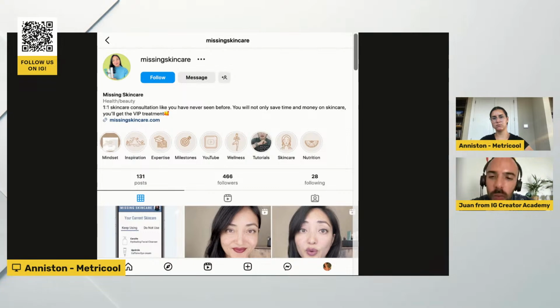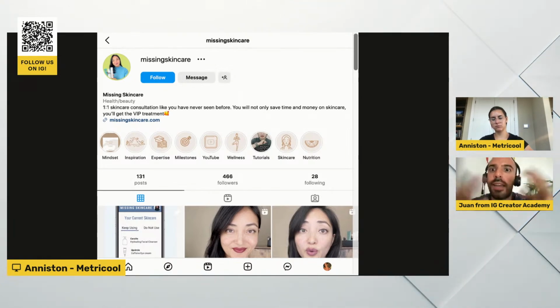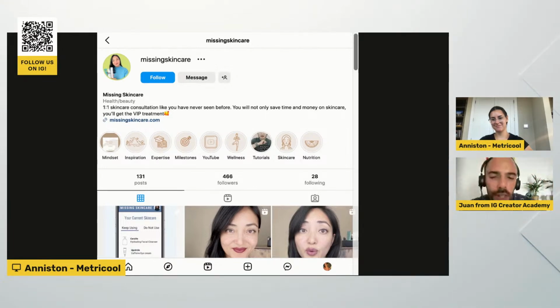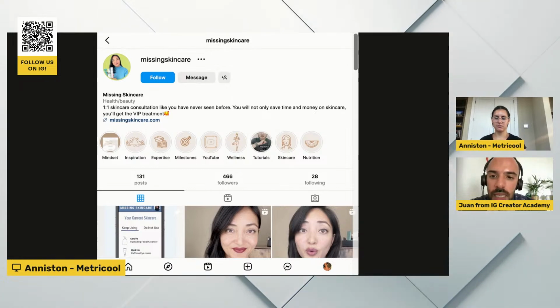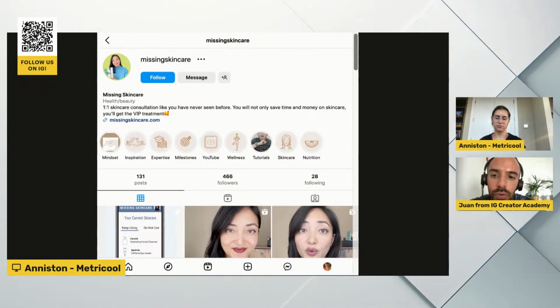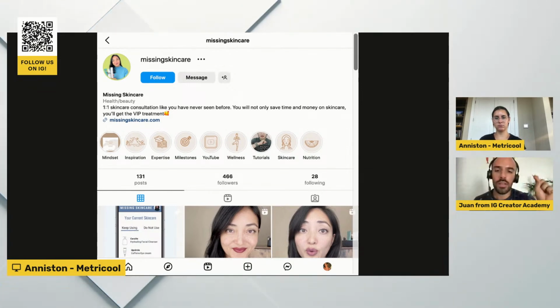Again, start with the first line. I help women over 40 get skin that looks like, I don't know, 20 years younger, something like that. You know what I mean? But your first liner should be something very straightforward and catchy. And you're also missing, again, any sort of social proof. Well, you offer one-on-one, so I would leave that. So I would have my first line, and then one-on-one consultation.